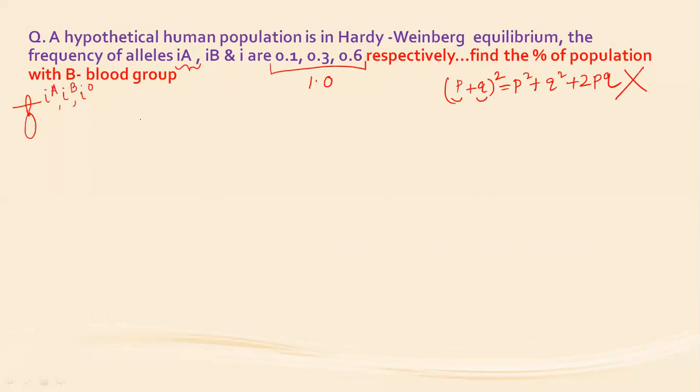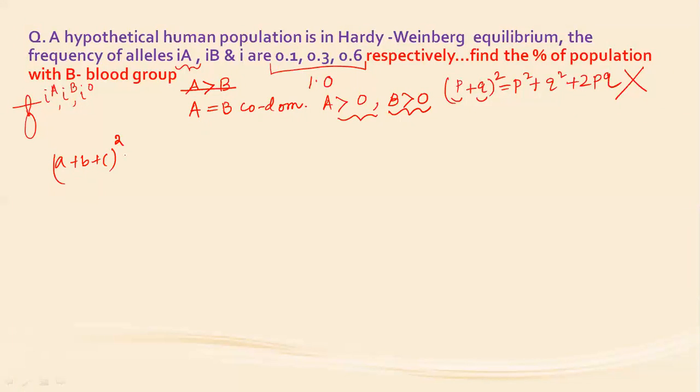Here we have a multiple allelic system, and one very important piece of information is that in the human blood grouping, A does not dominate over B. Here A and B are co-dominant. So multiple allelism in the human blood grouping system is a fantastic example of co-dominance. At the same time, A dominates over O and B dominates over O. So the human blood grouping is an example of co-dominance, dominance and also multiple allelism. Now we shall approach this problem with the equation (a + b + c) whole square.